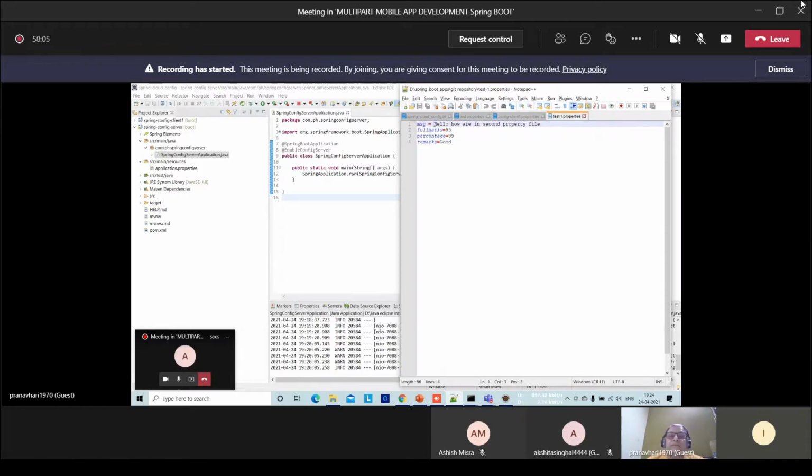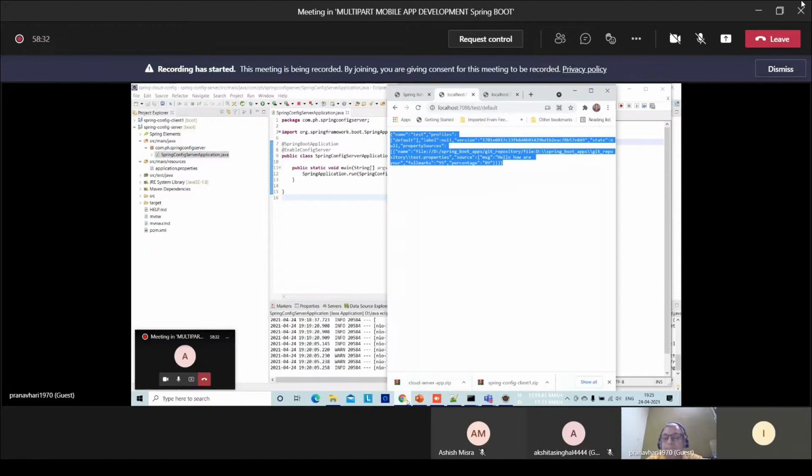So here the key is MSG, this is full marks, anything which you want to write you can write. Remarks, good. File name is what? Test-1. Now see here. How do I fetch the data of this property file whose name is test-1?